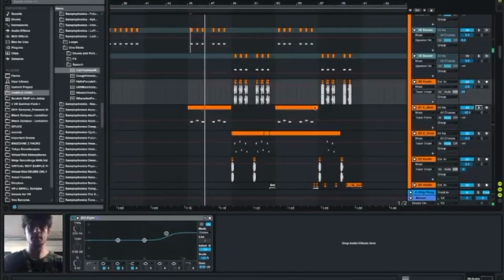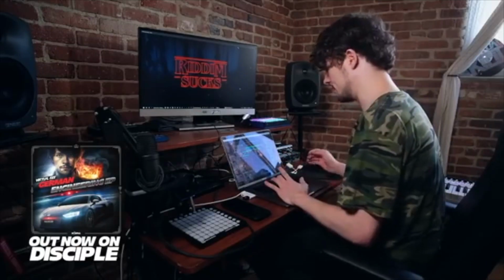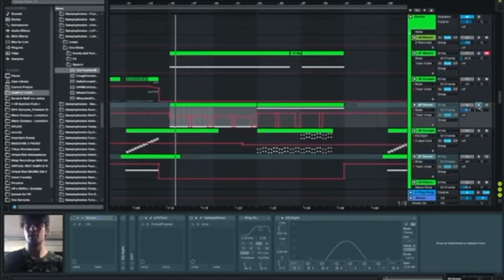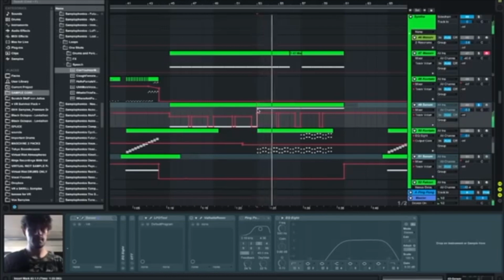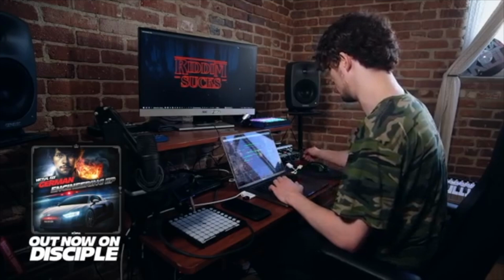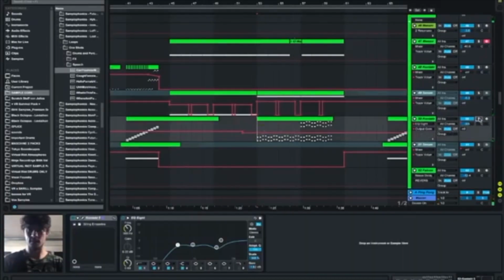There's also some background elements here just to fill up empty space. This EP in general turned out really German, but still I put some small subtle elements in the back, for example a very faint little riser in the back. And this goes higher and higher. Eventually you can hear it over here. Or these guys.